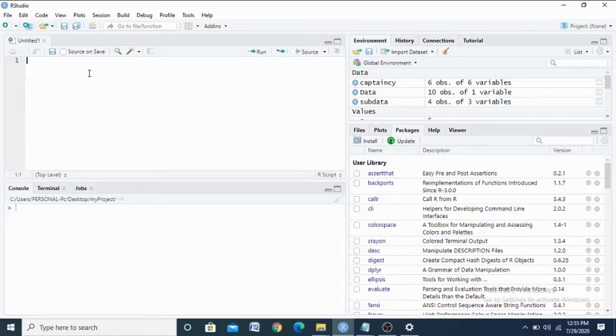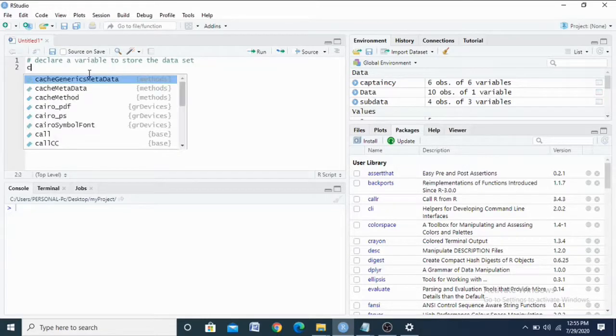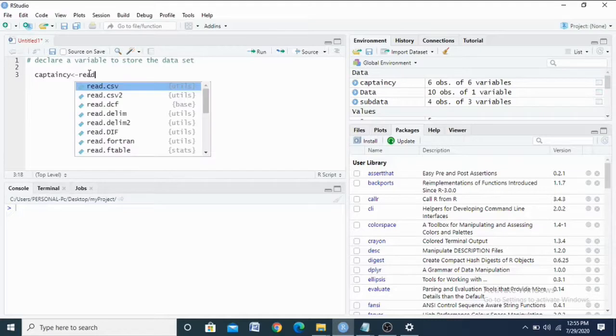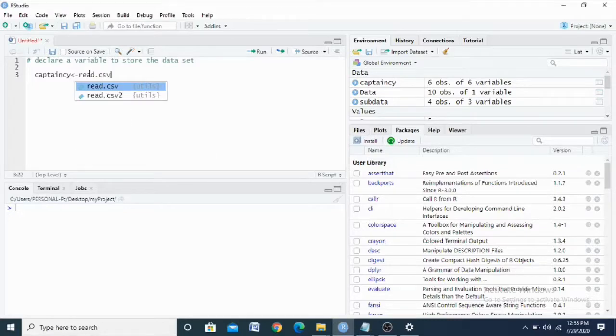First, I have to type the commands. Store the data set: how to declare a variable to store the data set. So I have to newly declare one variable, for example, captaincy, assigned read.csv of the captaincy data file.